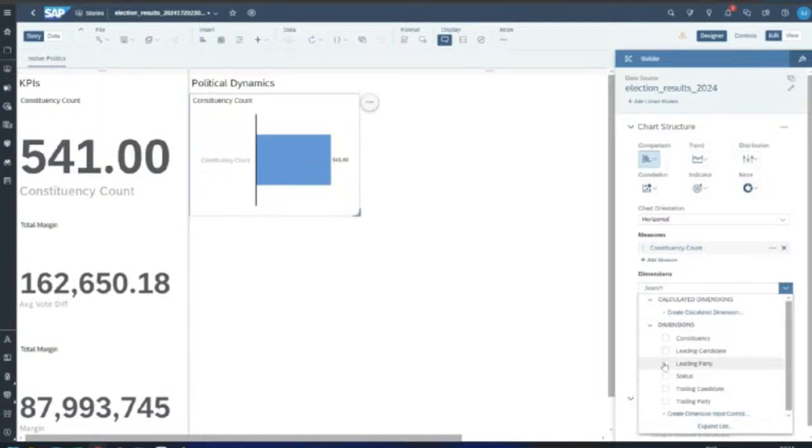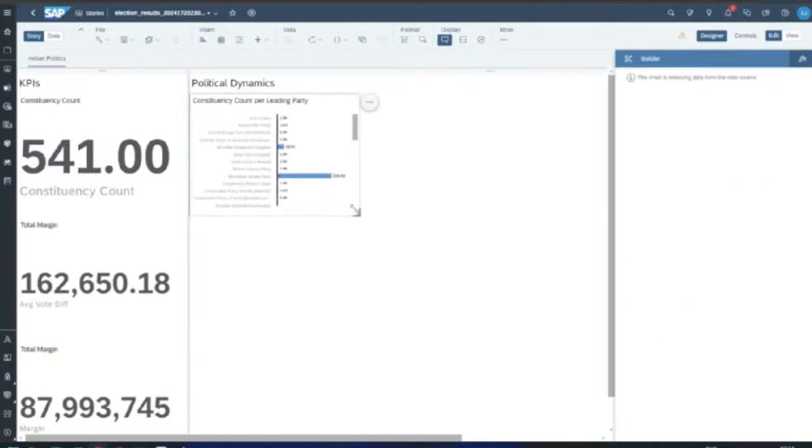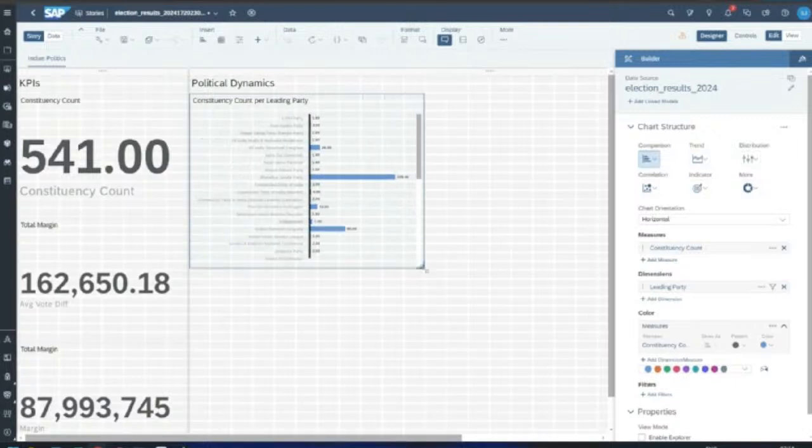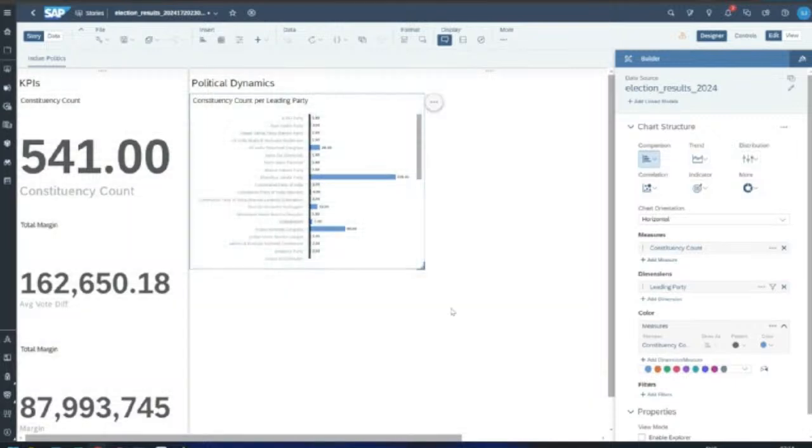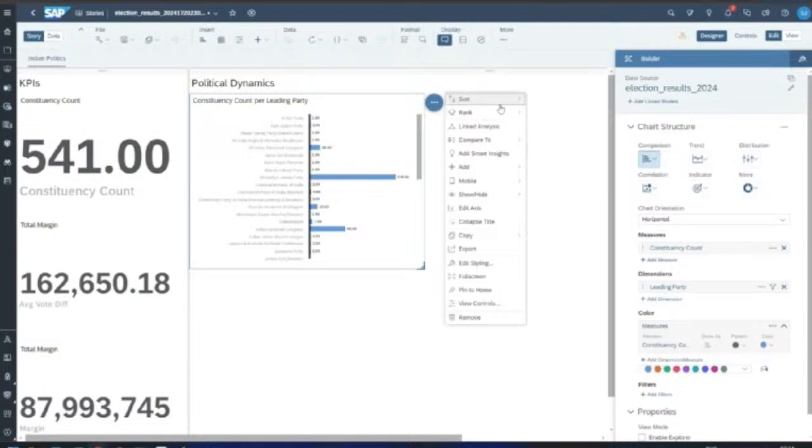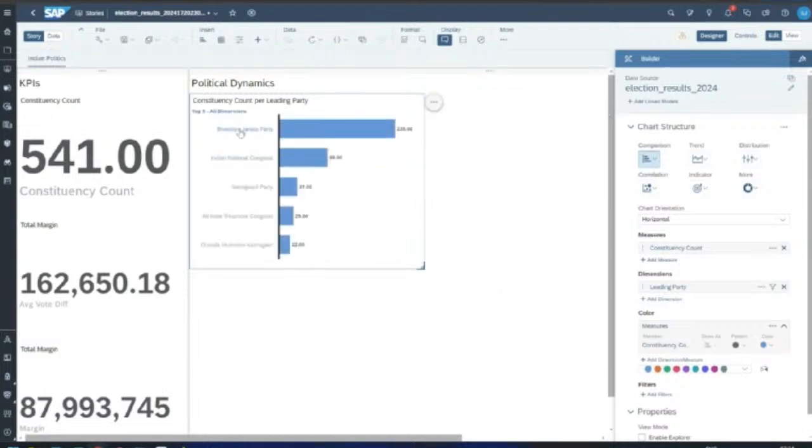So we will just say the party name. So you can see the leading party, how many constituencies they contested and how many they won. And I'm only interested to see the top five. So let me choose top five. You can see BJP won 239 seats in total out of 541 constituencies.